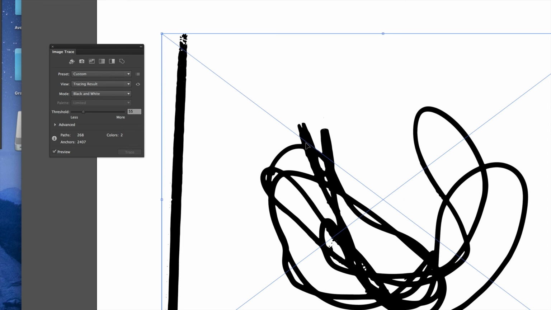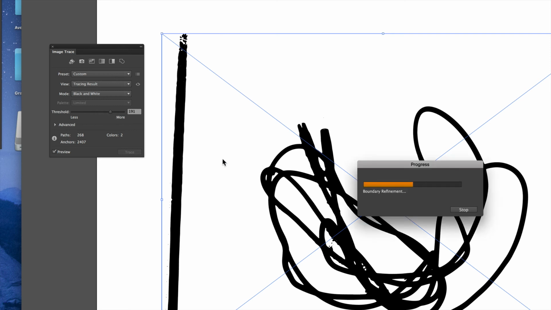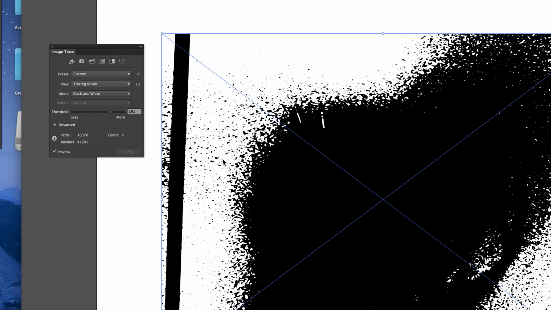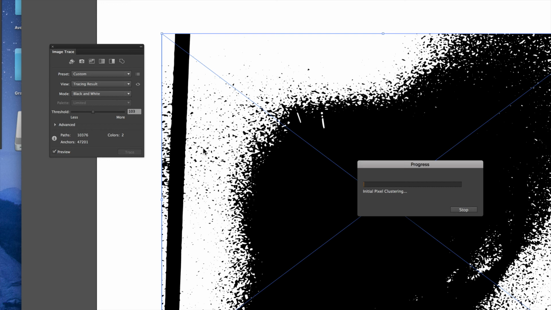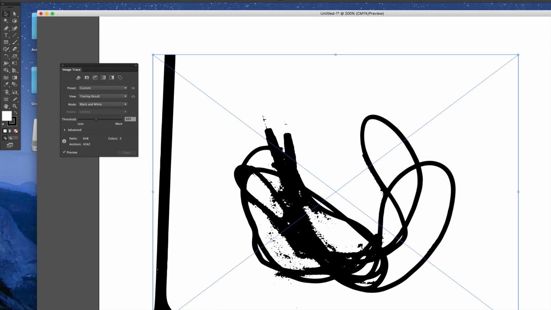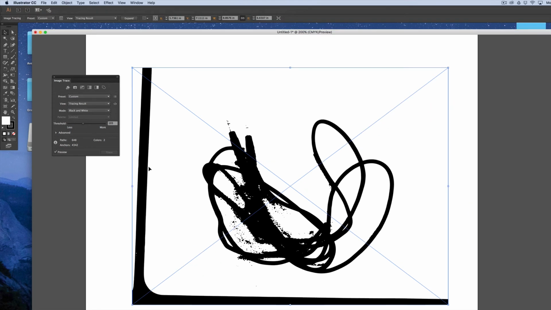up the edges here, but we do lose a little bit of detail. Conversely, if I go back to more, it'll get a little bit darker, and in this case actually blow it out. So finding that little bit of balance between the threshold to give you the correct amount of detail that you want, I'll leave that up to you. Also pay attention that in this case I've got some extra objects or extra bits that I don't want to have. Alright, so once you get it the way you want, the last thing we need to do is to